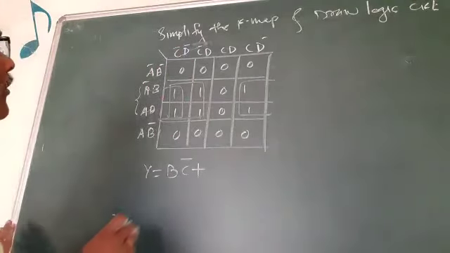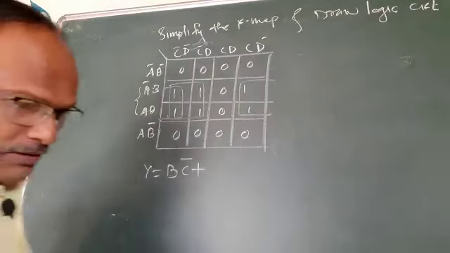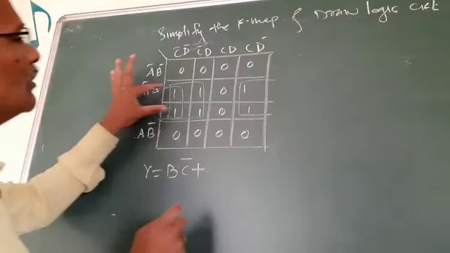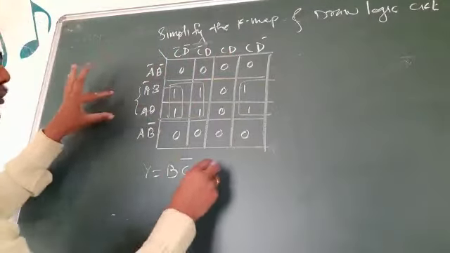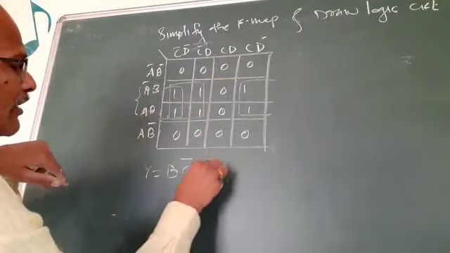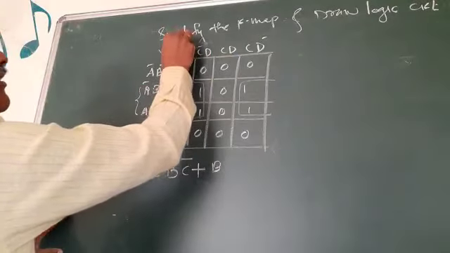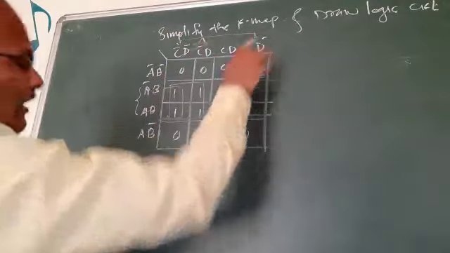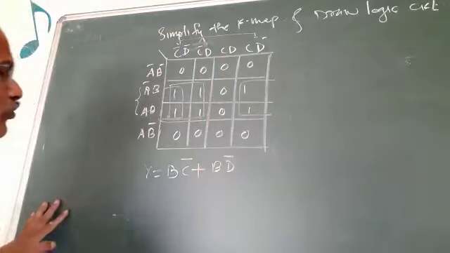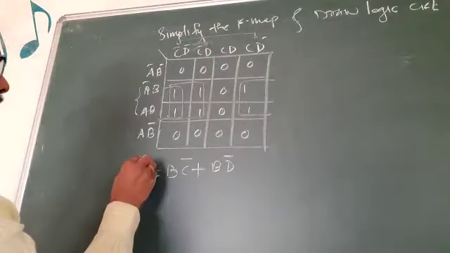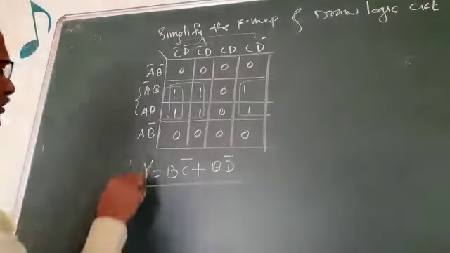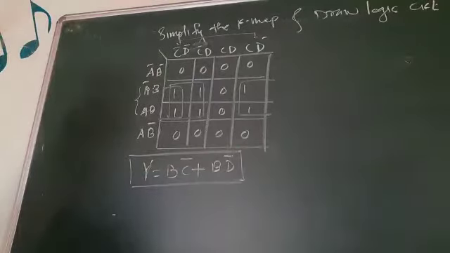Now we are considering here this B is the common. Once again this B is the common. This B is the common. So I will write B, and from here to here which one is common? D bar here and D bar here. So I will write D bar. So these are very simple prime implicate equations, and therefore we can build up the circuit using this